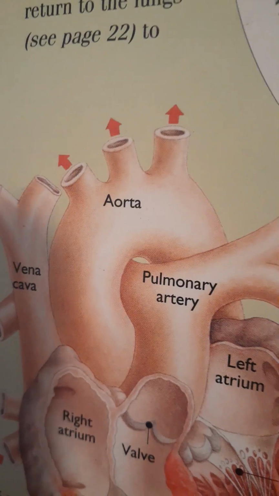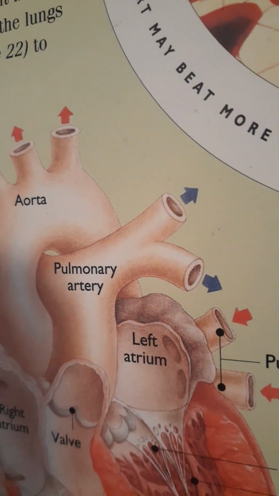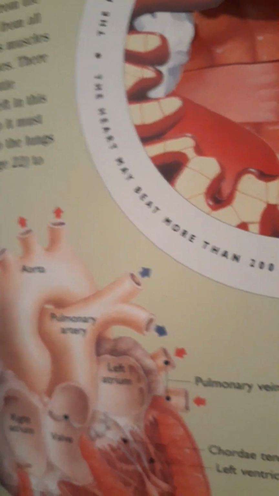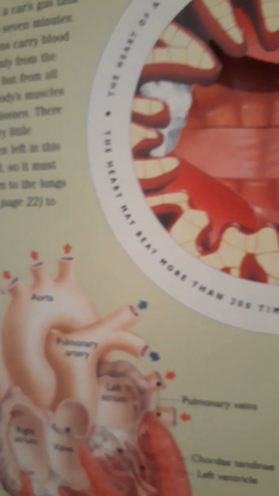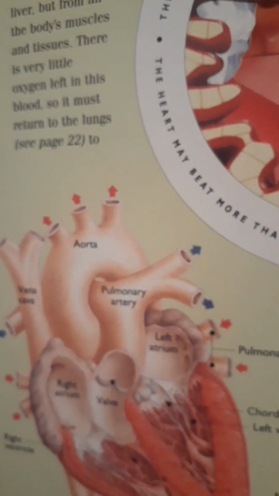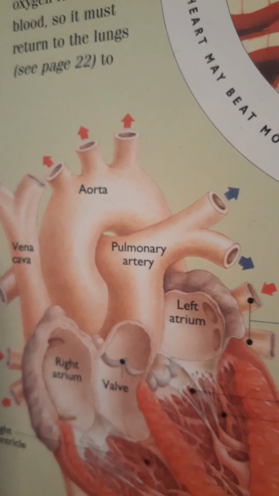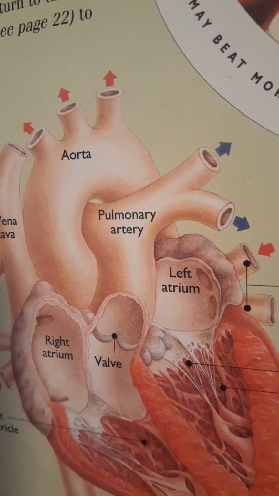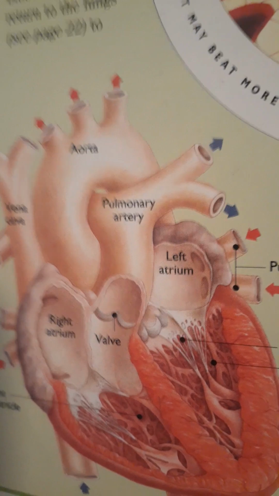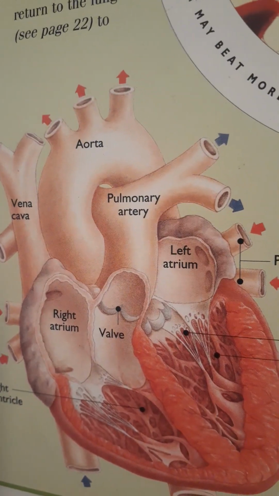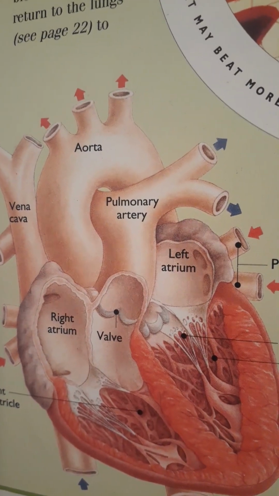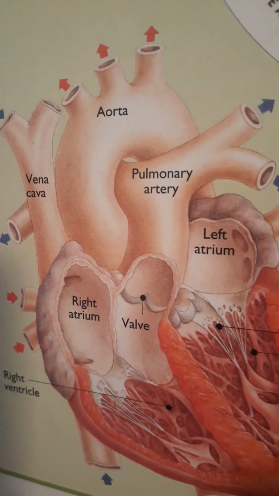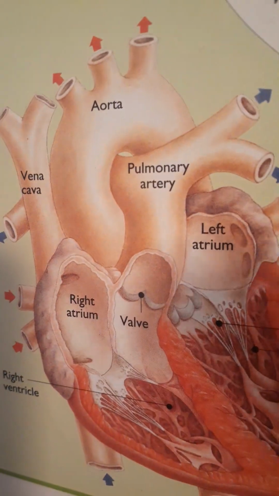Then the third one, you're not going to see here, I don't think, because this is just a regular heart. The third one that closes turns into the ligamentum venosum. What that one is doing is, when it's the fetus, some of the blood in the fetal circulation is going to bypass the liver and go directly to